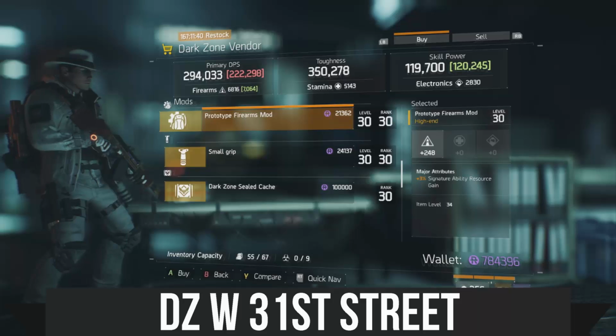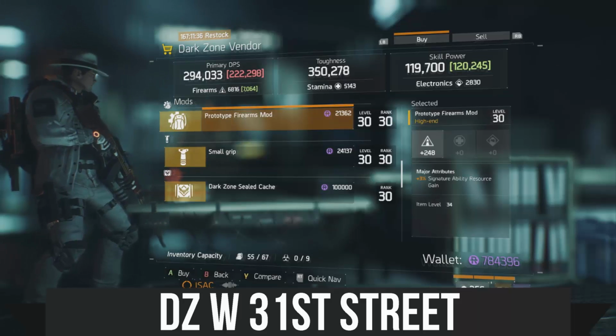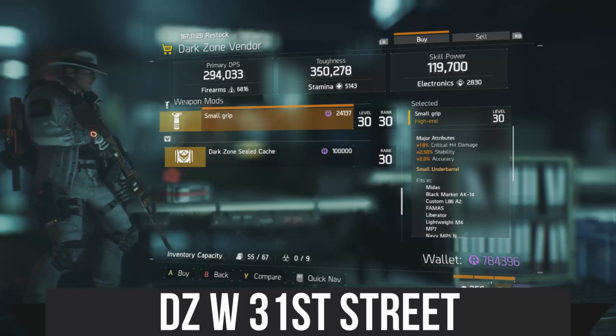A prototype Firearms mod with Sig Ability Resource Gain. I could see that in some sort of fringe build, but not something a lot of players are going to run. And then a Small Grip with Critical Hit Damage, Stability, and Accuracy. This might be usable. It does have 19% critical hit damage, but it's not highly recommended and is not considered